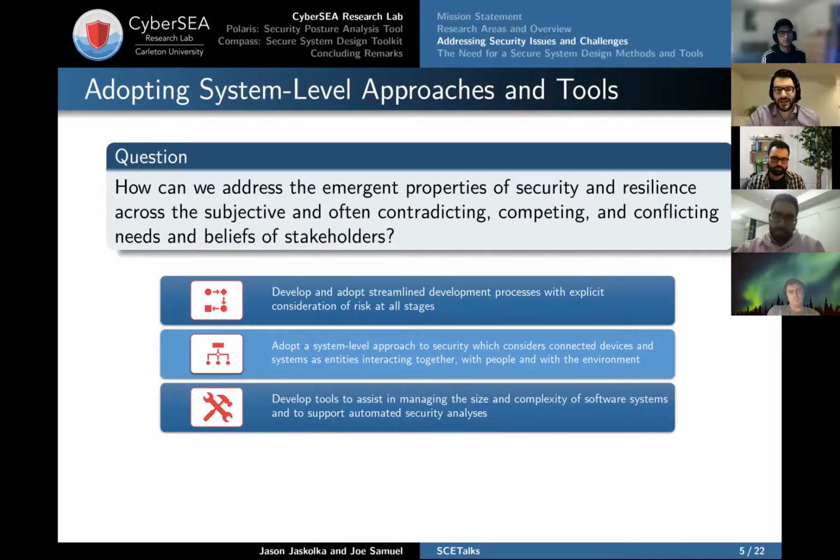So we really want to have tool support to assist and automate a lot of these kinds of analyses, because as we have larger, more complex systems, it's infeasible to do it any other way.